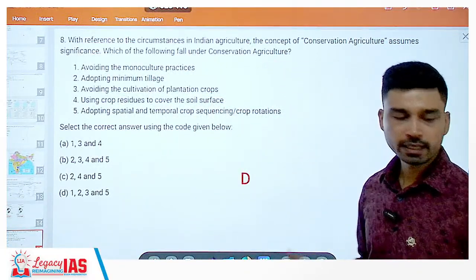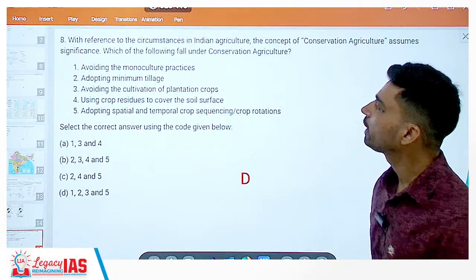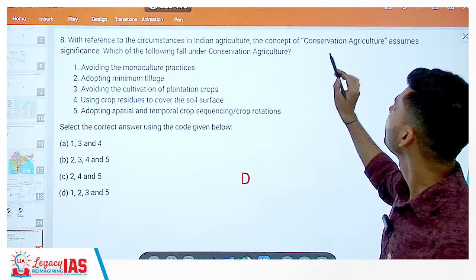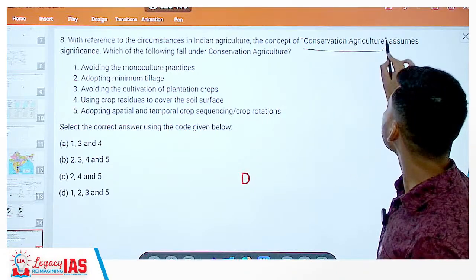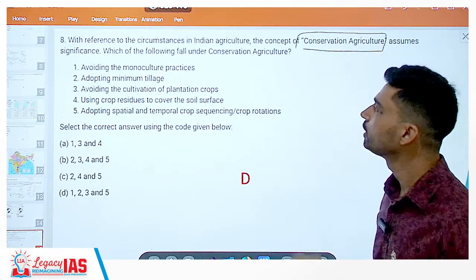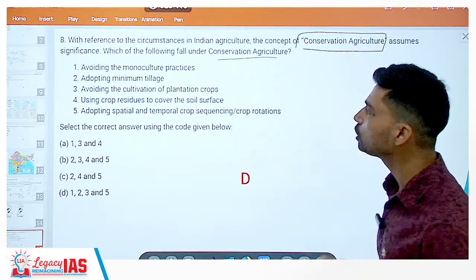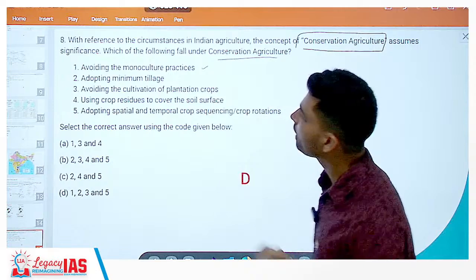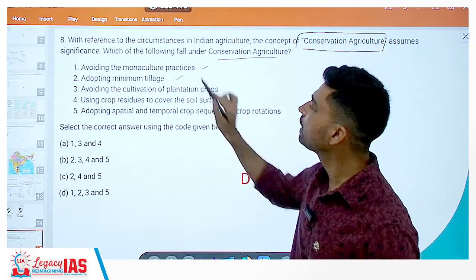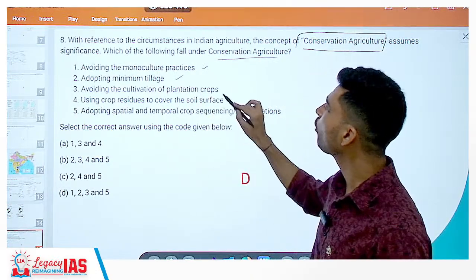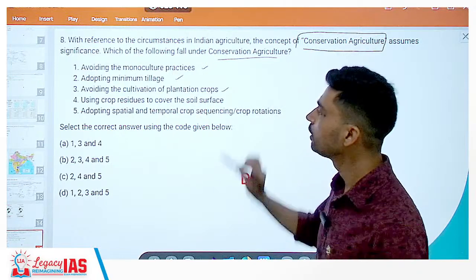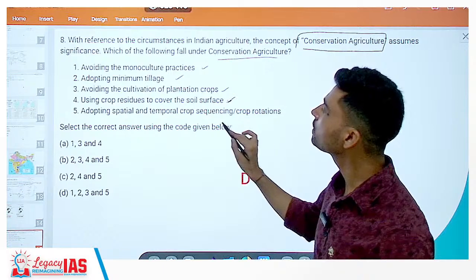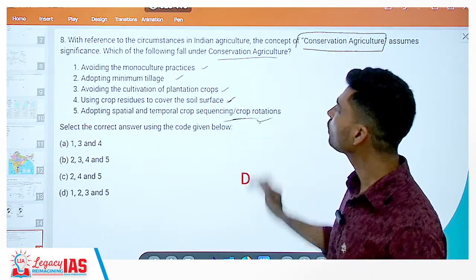Next question again is related to Indian agriculture, where it has been asked that with reference to the circumstances in Indian agriculture, the concept of conservation agriculture assumes significance. Now which of the following fall under conservation agriculture? So first is avoidance of monoculture practices, second is adopting minimum tillage, third is avoiding the cultivation of plantation crops, fourth is using crop residue to cover the soil surface, and fifth is adopting a spatial and temporal crop sequencing